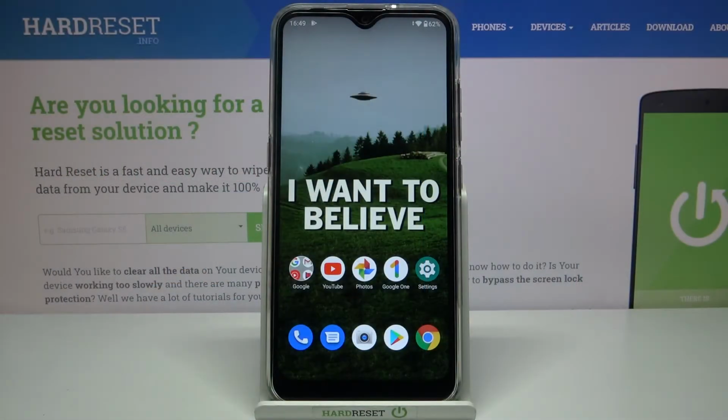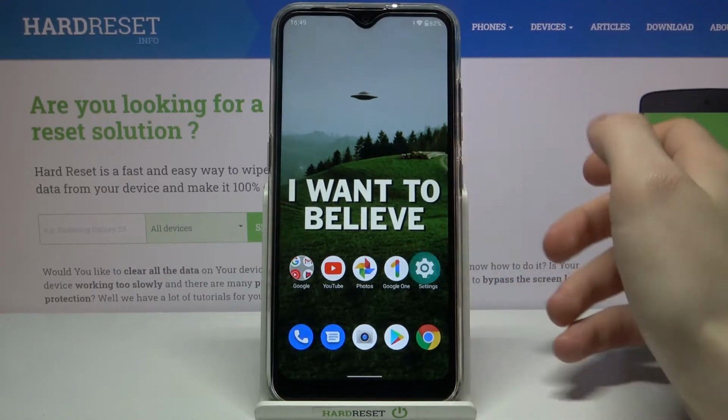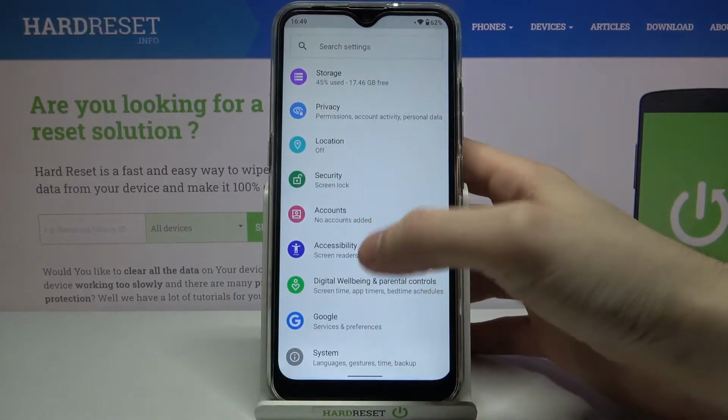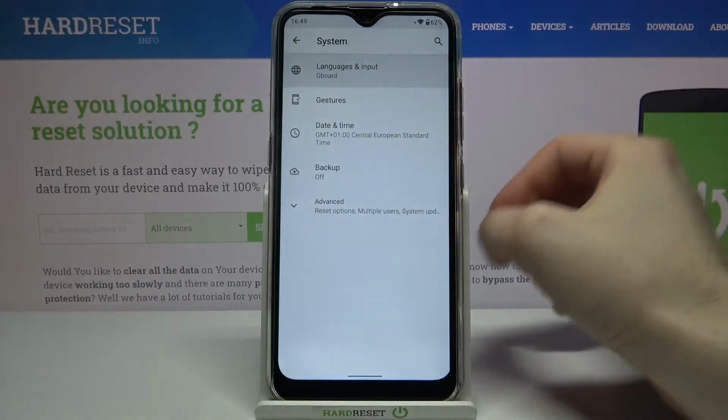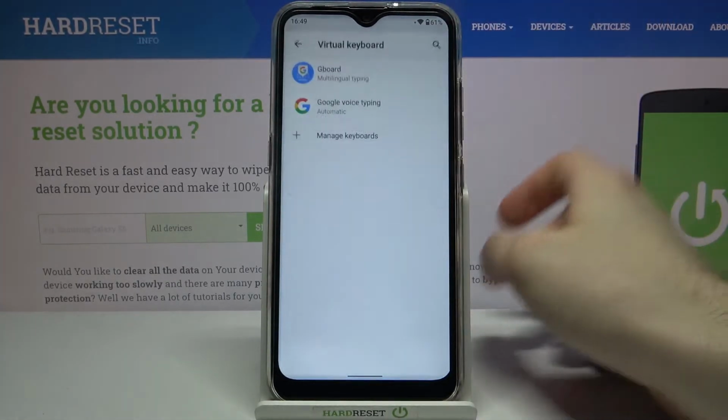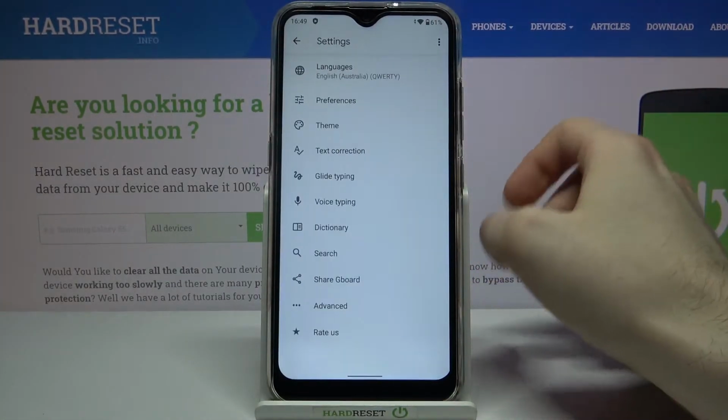Here I have LG K22, and today I'm going to show you how to change keyboard language on this device. So firstly, let's open settings, then you have to go to the system section, languages and input, virtual keyboard, Gboard,